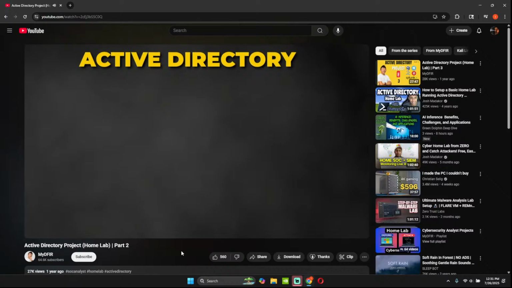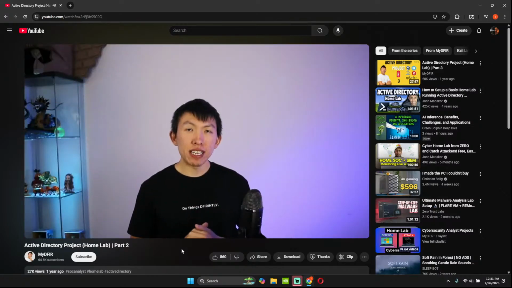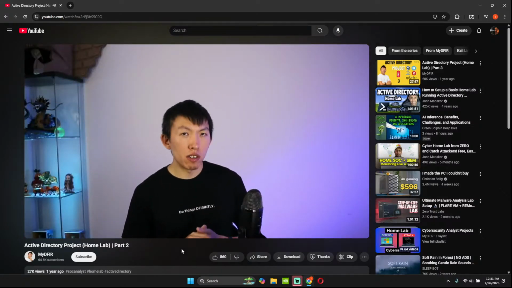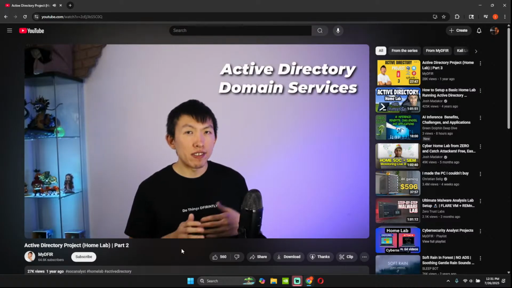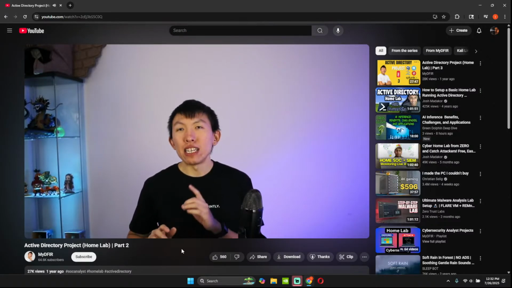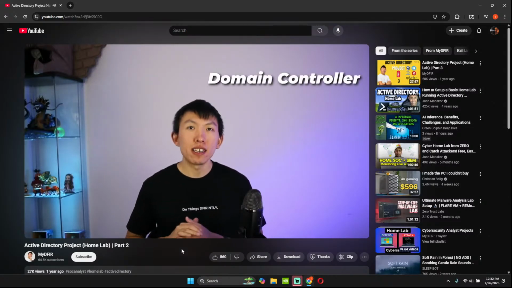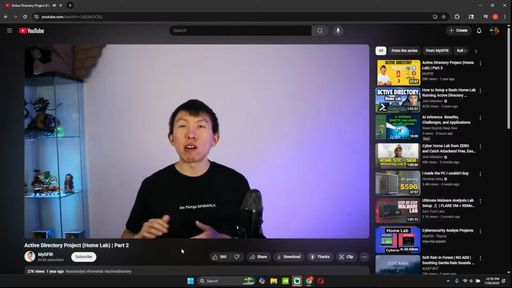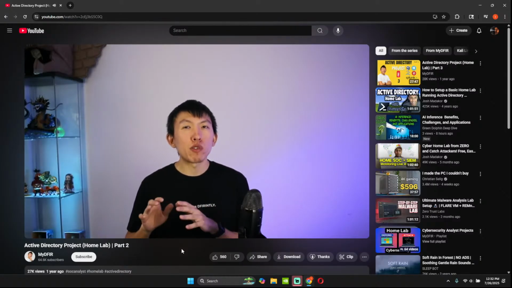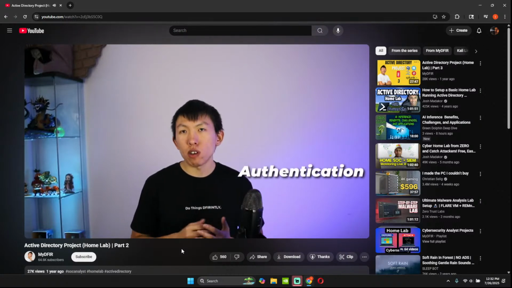Active Directory is simply a database that contains users, computers, groups, and many more. In order to use Active Directory, a server must install a service called Active Directory Domain Services, or ADDS, and the server must then be promoted to a domain controller, aka DC. By promoting our server to a DC, it will grant us the capability to perform authentication using a protocol called